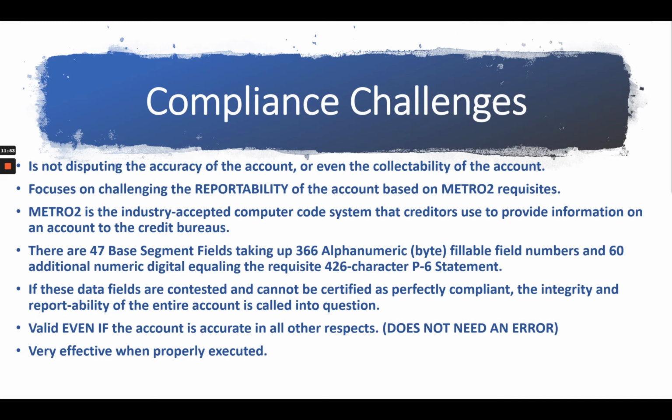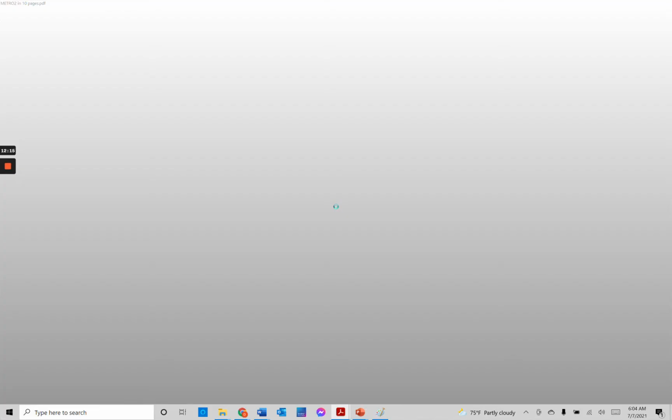So here's this. There are 47 base segment character fields, taking up 366 alphanumeric bytes and 60 additional numeric digits, equaling the requisite 426 character P6 statement. Okay. I gave you kind of a resource so y'all can see this. I will pull it up real quick. This is going to be your